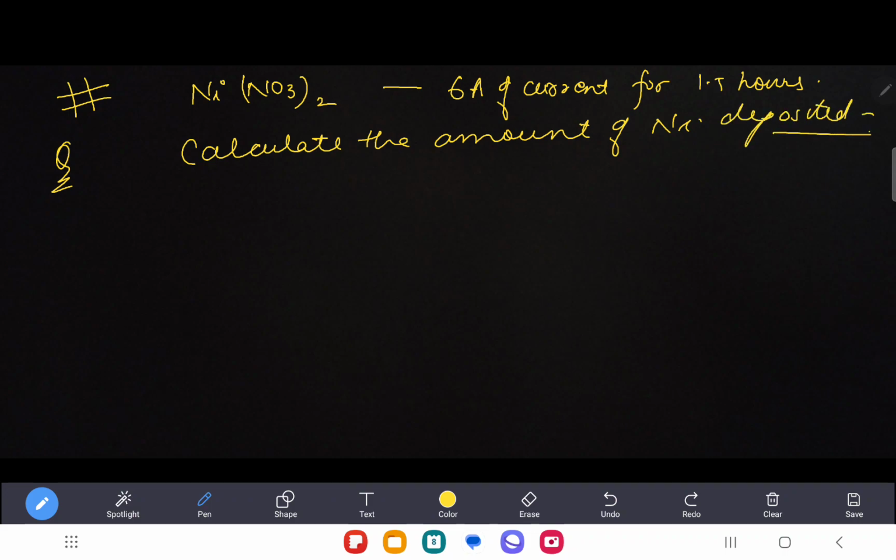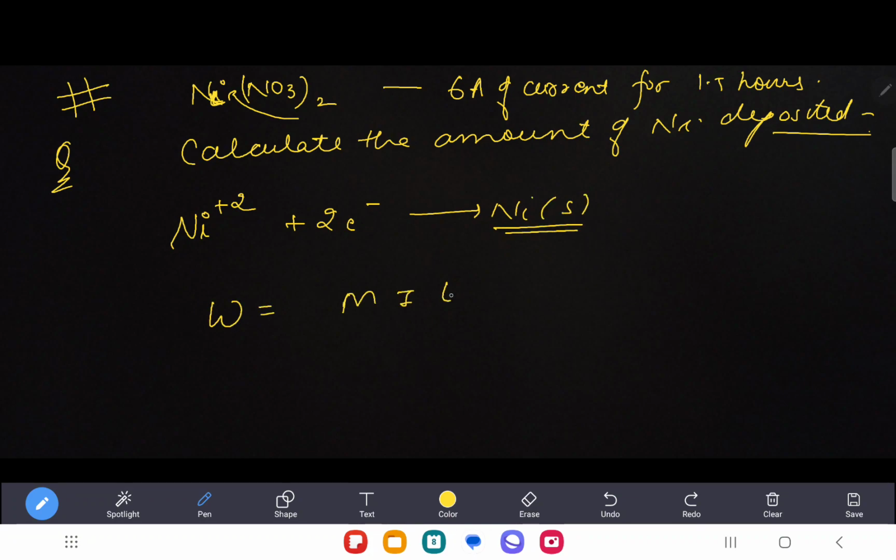तो कैसे करोगे? Na plus 1 with Ni, मतलब ये 2 आ रहा है, Ni plus 2 है, gain 2 electrons to form Ni solid. अब फॉर्मूला लगा दो, वेट निकालना है जो निकल डिपॉजिट हो रहा है, MIT ओवर NF, N क्या है चार्ज, तो मोलर मास निकल का जो भी होता है देख लेंगे अभी टेबल में कितना होता है, एग्जैक्ट नहीं, 50 नहीं होता, 56 होता है।